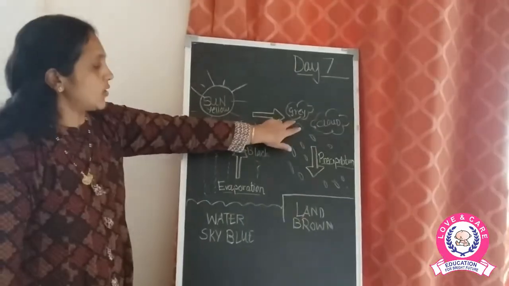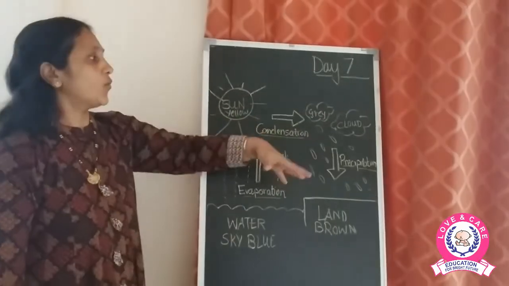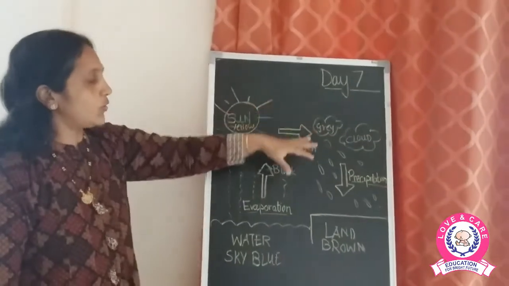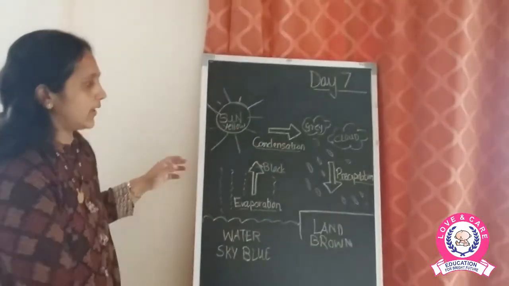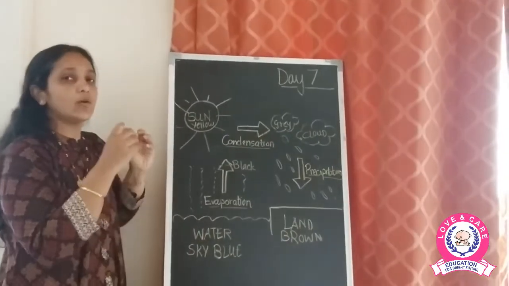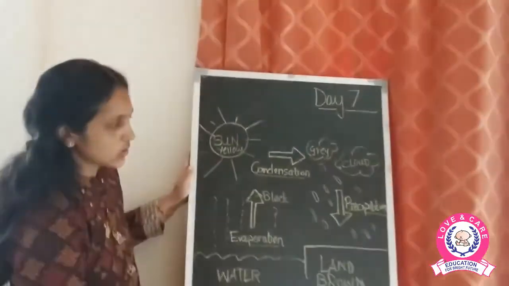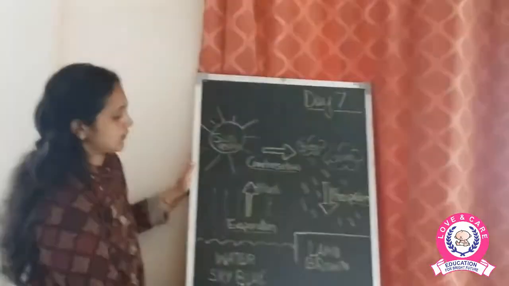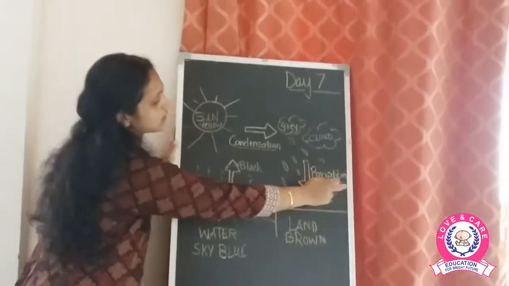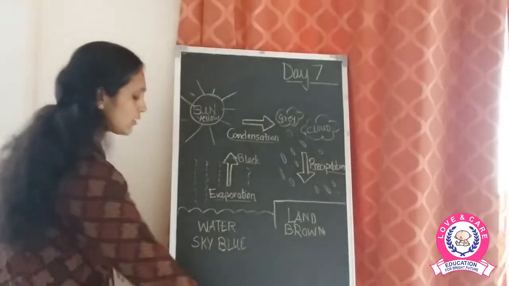फिर condensation. What is condensation? Condensation मतलब वो जब ऊपर जाके पानी that is it will get cool. जो cooling है उसको condensation बोलते हैं. Then is precipitation. Precipitation का मतलब है वो जब बड़े होते गए जैसे ही clouds वो वापस पानी बन के नीचे आने वाले हैं. So these are the stages, that is evaporation, condensation and precipitation. So this is all how you have to color the water cycle.